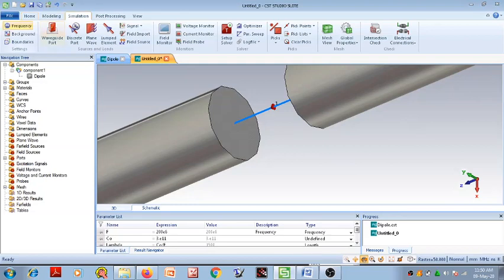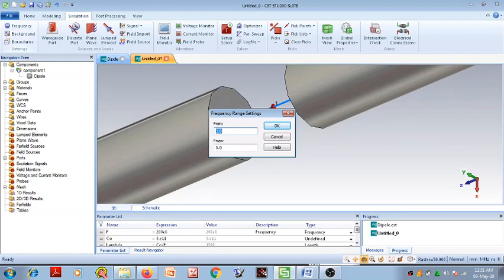Now our next step is to define the frequency. As we have to design an antenna for 200 megahertz, we have to select the range accordingly. 200 means we start from 170 megahertz to 210 megahertz.